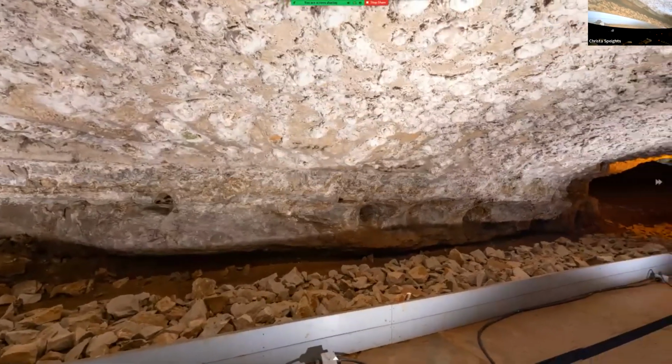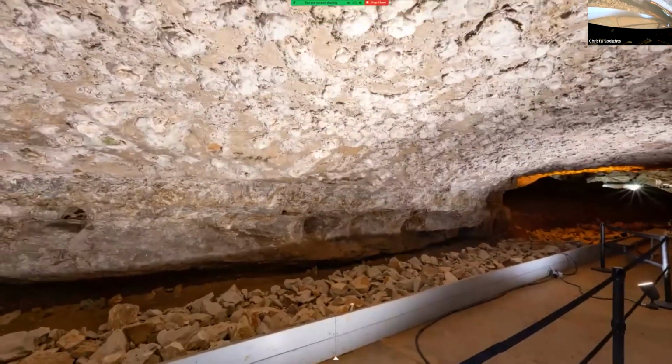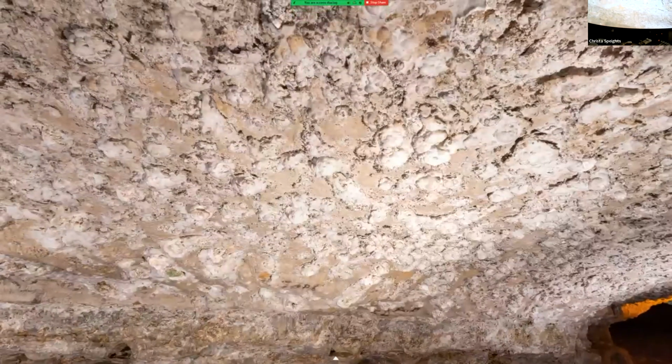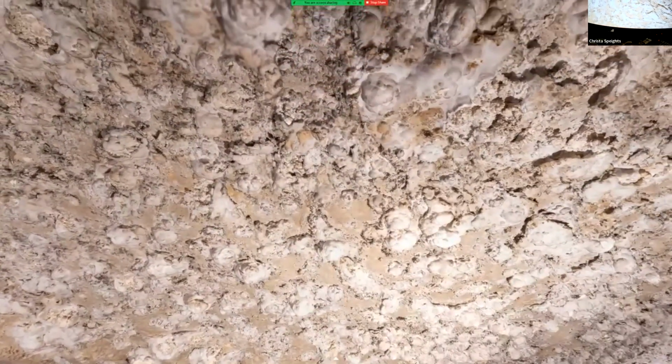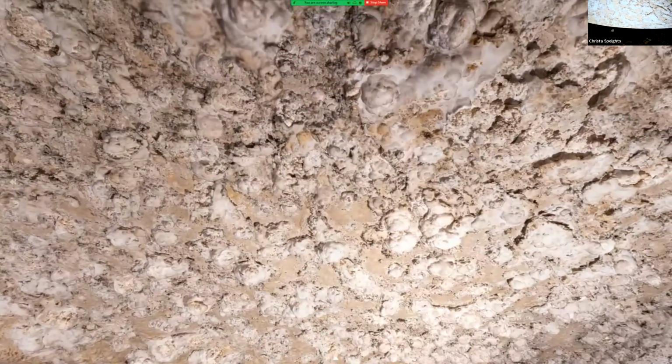So this is a place called the Snowball Room. So let's look at the ceiling. Here's the ceiling of the Snowball Room. So it looks like someone threw a bunch of snowballs up at the ceiling. And these are gypsum formations. So gypsum is calcium sulfate, and what's happened here is